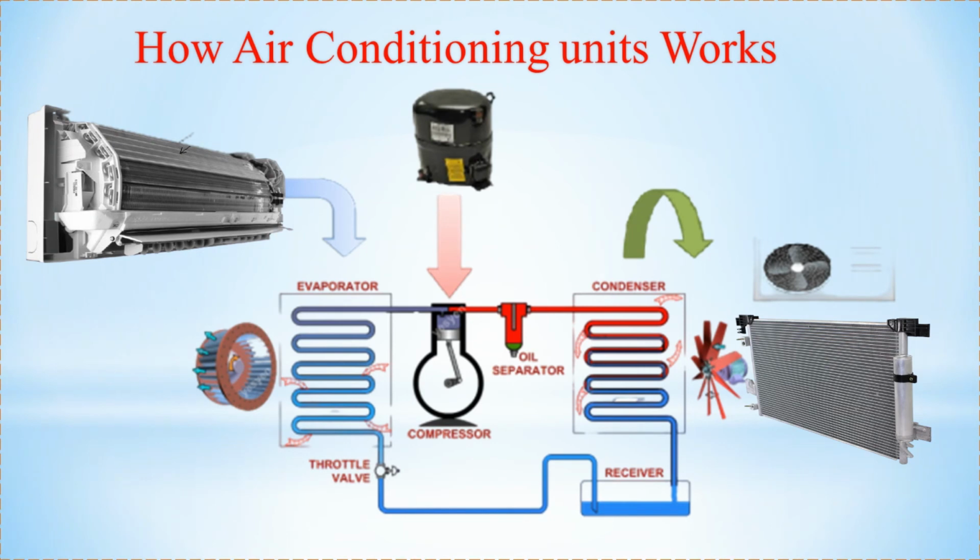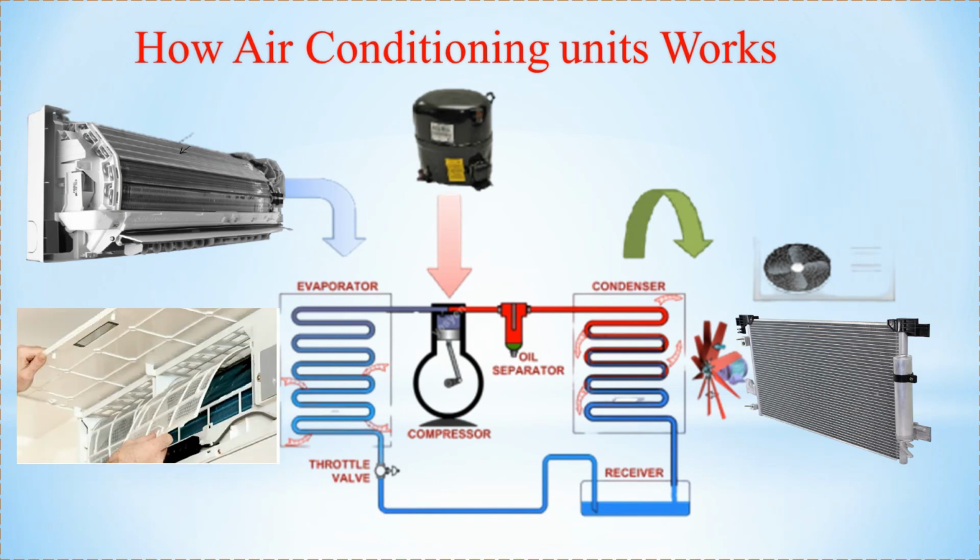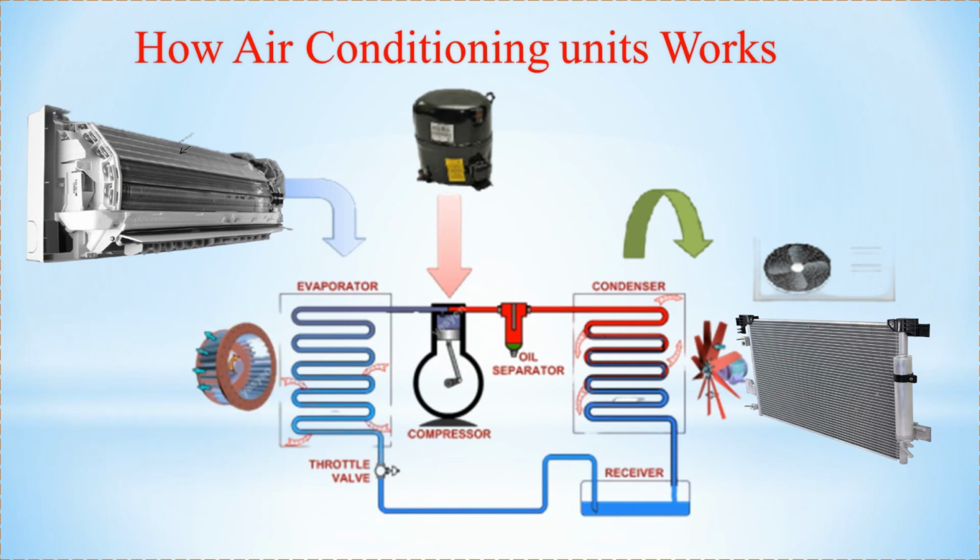The third one is the fan and air handling unit. A fan on the outer component releases hot air via the condensing coil, while the indoor fan expels cool air into your home. The next one is the filter. A filter found in the indoor half of an air conditioner performs the critical role of keeping dust and debris from entering the building in order to ensure high indoor air quality.